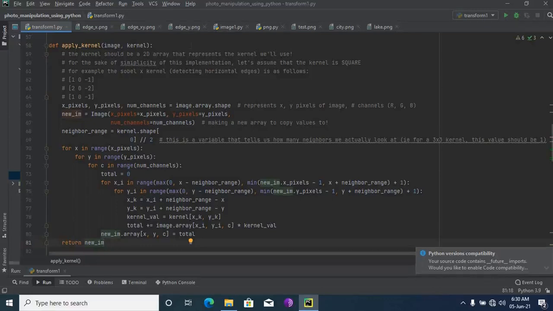For the sake of implementation, let's assume the kernel is square, for example detecting horizontal edges as a matrix. Same as before, I am assigning x pixel, y pixel, num channels by indexing image.array.shape.